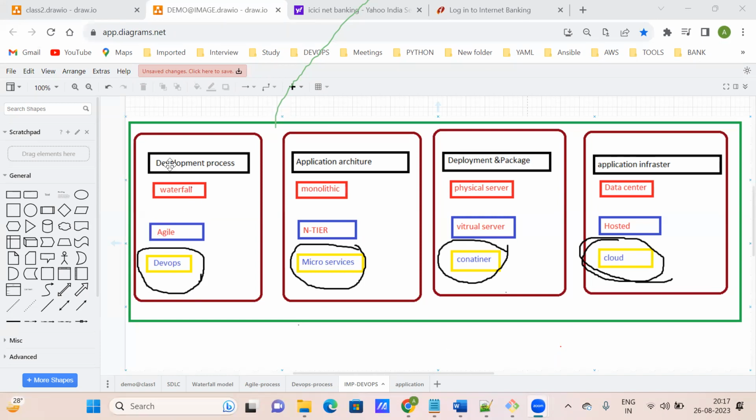So then in the development process, from agile process to DevOps process, it changed, correct? Why did it change? I told you, correct? The operation part was missing. So at that time application architecture also changed from monolithic to microservices. Okay, so what is microservices? Anybody know what is microservices?